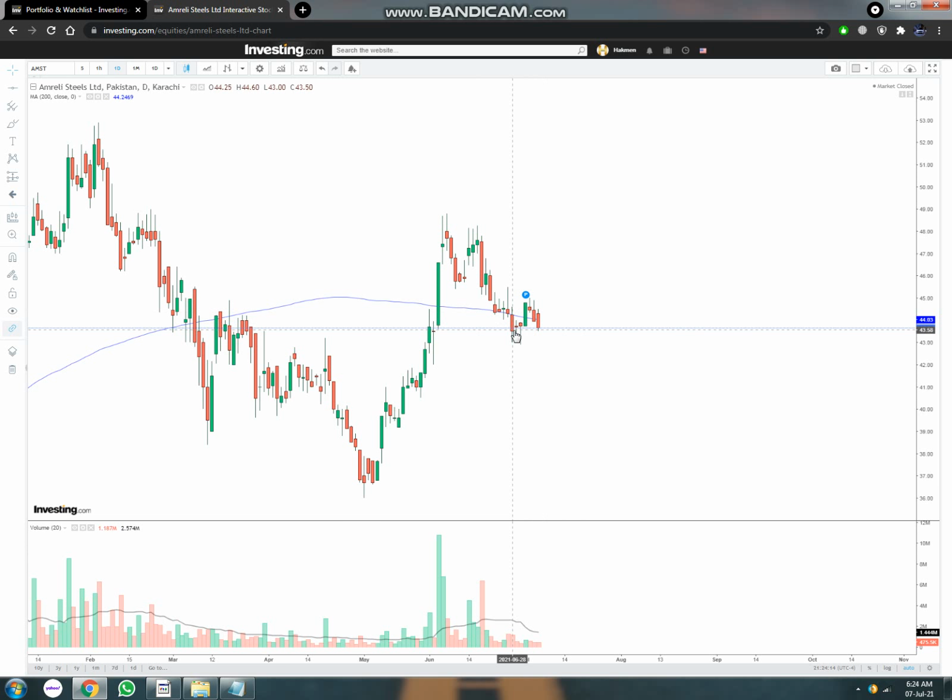I would also say that do not invest in it right here. As you can see, it is trading on top of the 200-day moving average. So I would try to avoid this type of stocks. Maybe I would wait for a while if the stock decreases in value, and then at some point it again turns its way upward. So that would be my entry point when the stock started to turn upward.